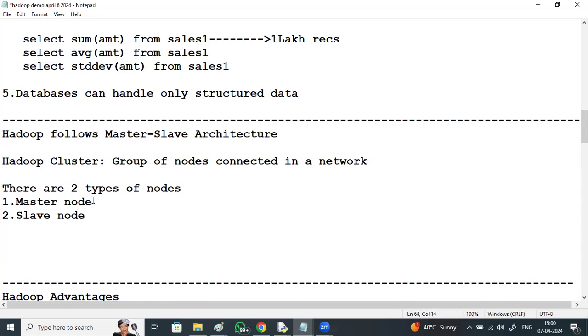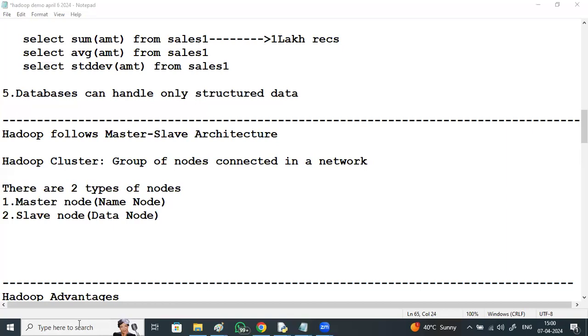For the master node, in Hadoop terminology, we say NameNode, the service. For the slave node, we see DataNode. So it follows master-slave.